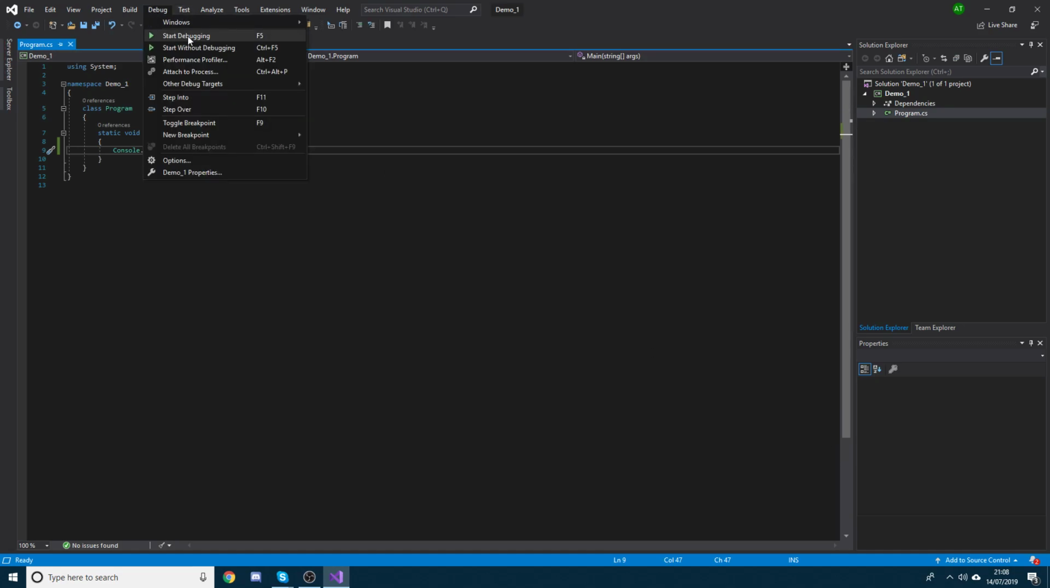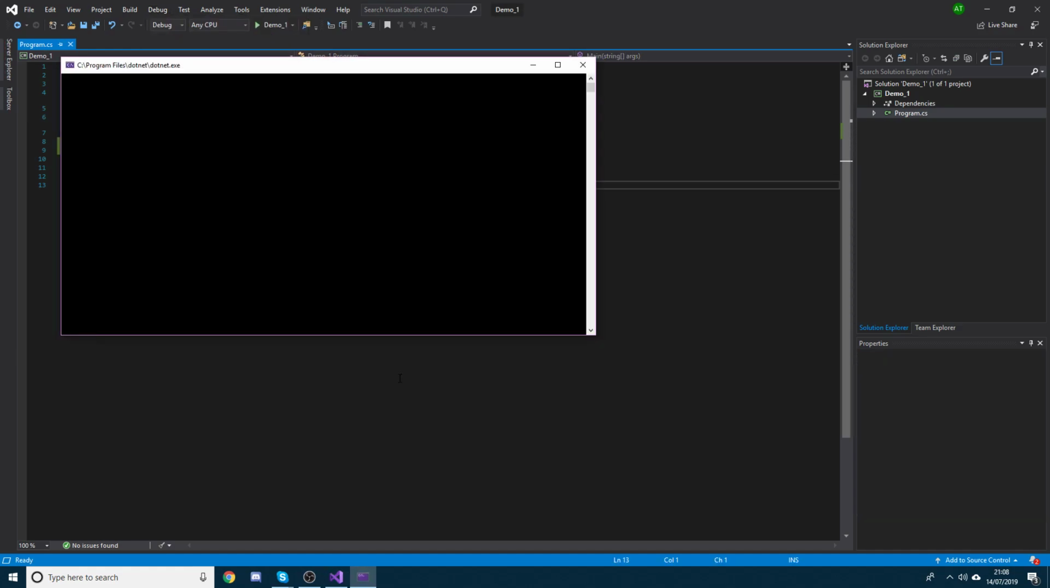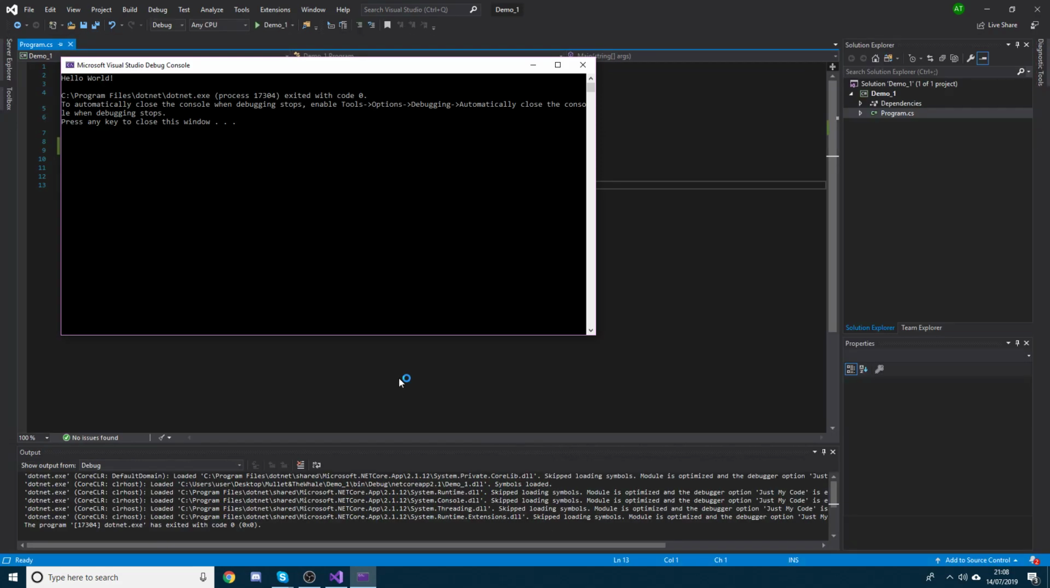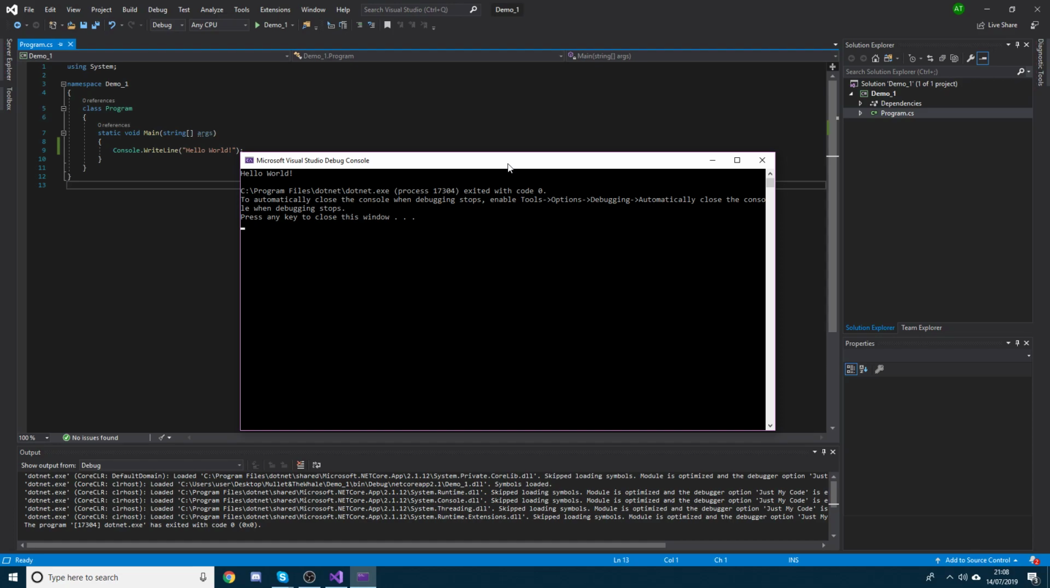And we can run it. Start debugging. F5 basically. And you can see that. This is the console, by the way. This is why this is a console app, because it runs in this console. Hello World, and then that's the end of the app. Okay, so